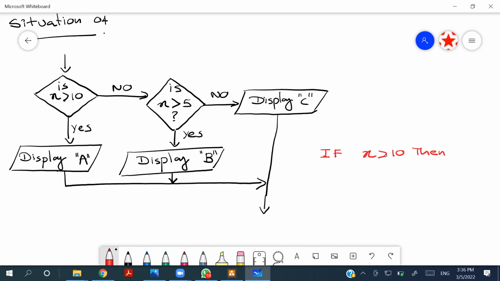Then what do we do? If it is yes, what is to be done? How should it go? Yes, Dinarka. So we should display A. So display A should be there. And when the condition is false,